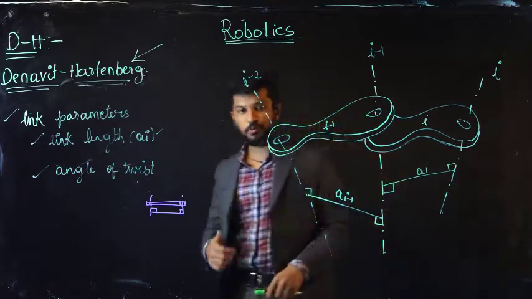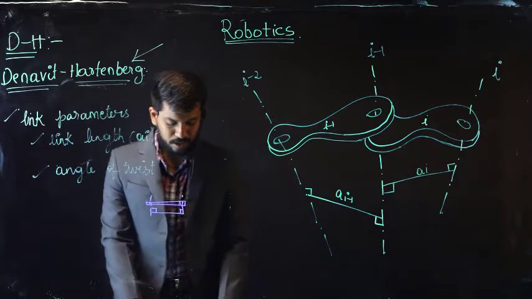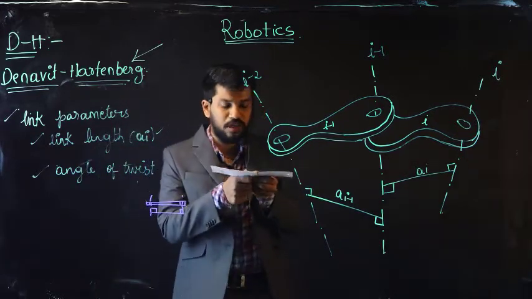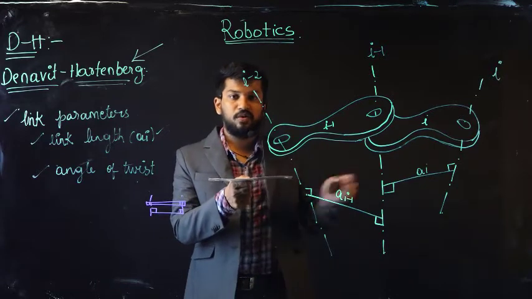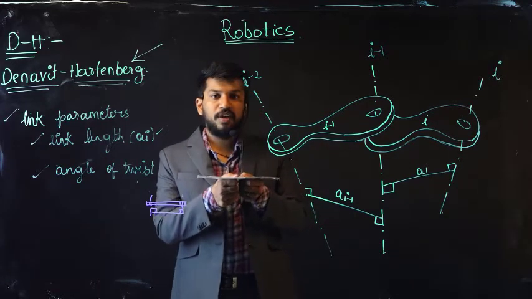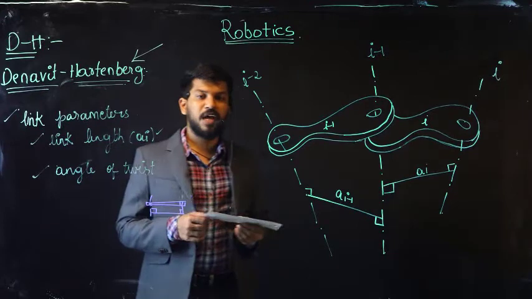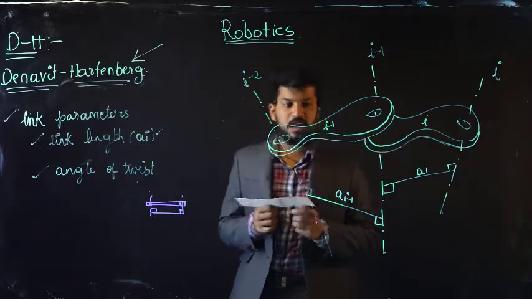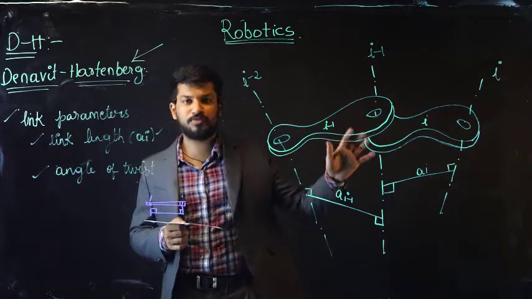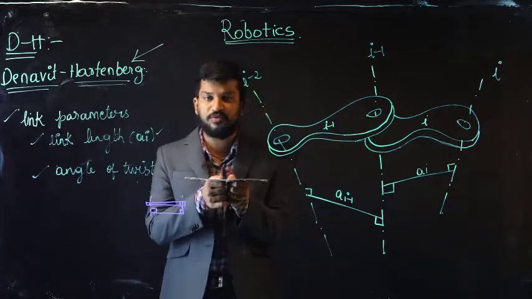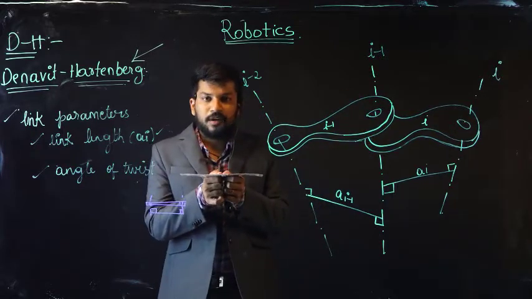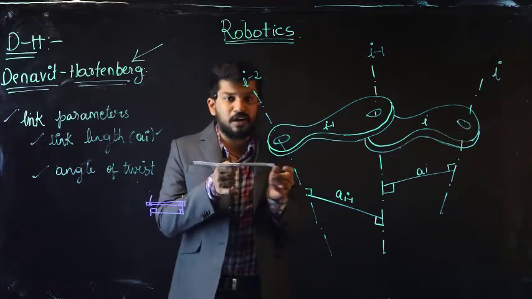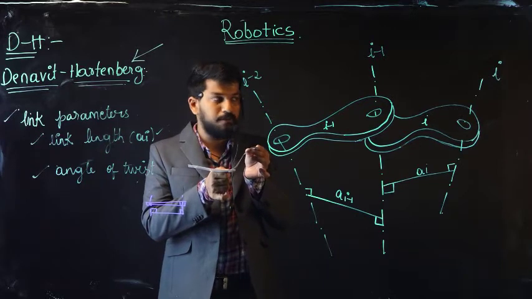Now what are we supposed to do further? Now let us have a practical look at how both these links look. It was not looking like this one. Here I am showing it completely in a planar view on a board, but how will both these links look? This is not our final image. Here I have kept this particular joint to have a certain offset.